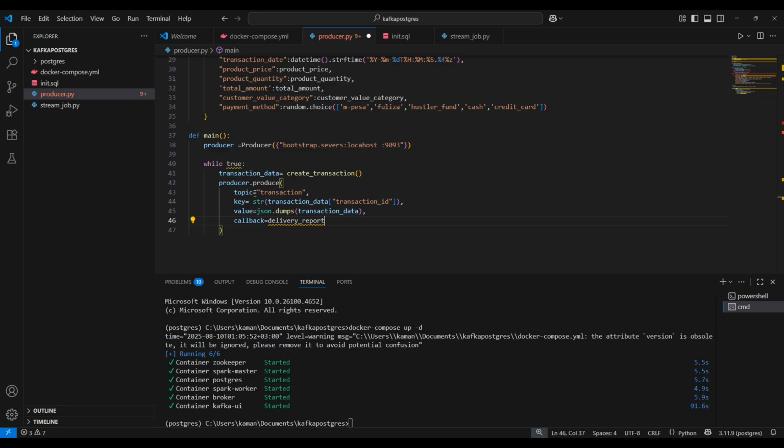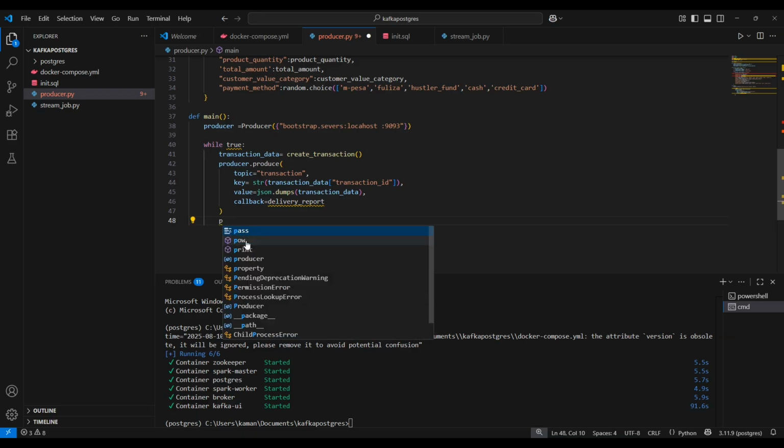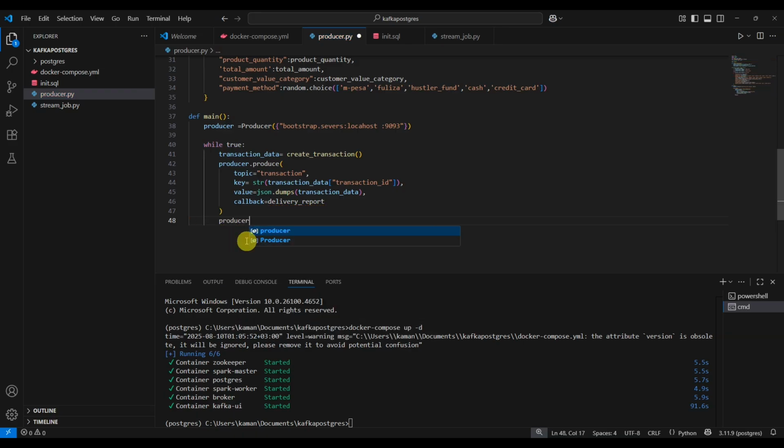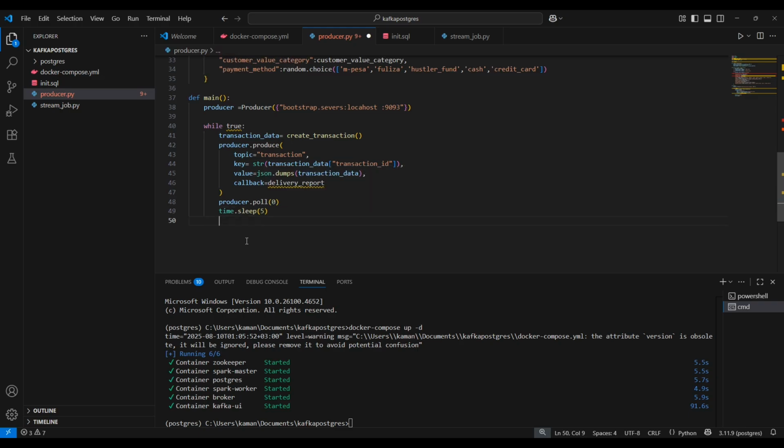And we'll have, so it will have to rest some minutes, so it will sleep for 5 minutes until the next one is produced. 5 seconds rather. So time.sleep, 5 seconds, and we have,